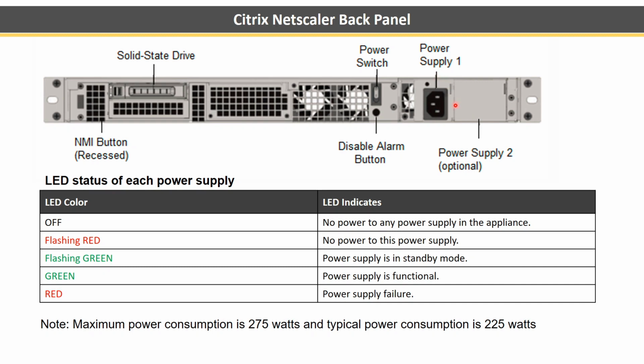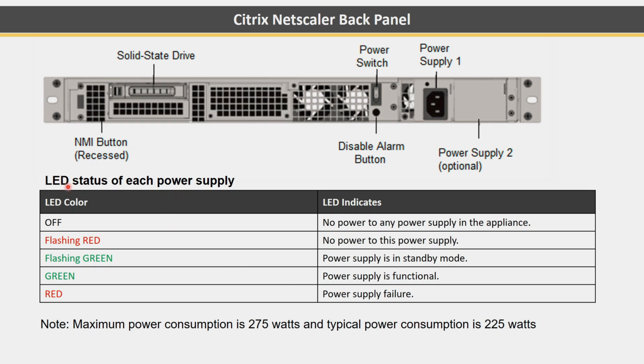Now coming to power supply. The power supply, as you know, uses 275 watts, and the power consumption is a maximum of 275 and a minimum of 225 watts. If you want to know details about each and every model, please check the link down below in the description. I left the data sheets there, so check your model there. You have all the details, power consumption and other things, because sometimes your customer will ask you what the power consumption is. If you have two power supplies, remember, 275 plus 275, 550, right? That's how it is.